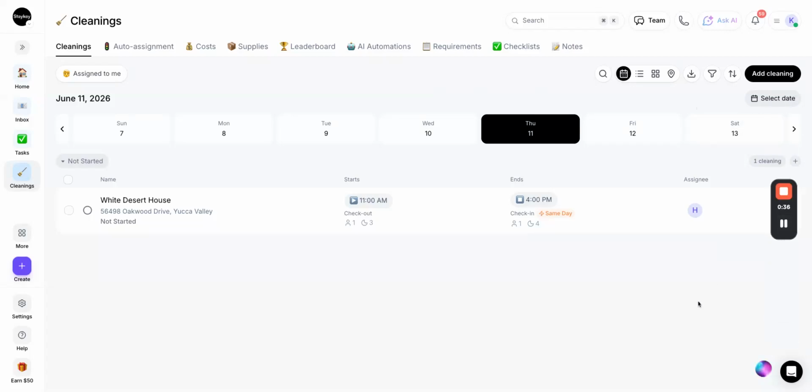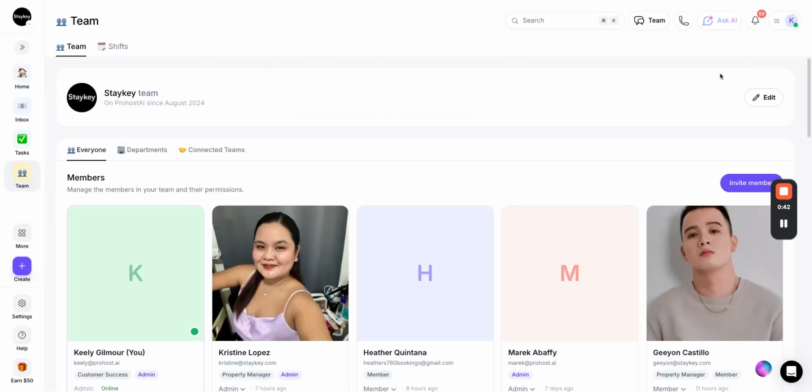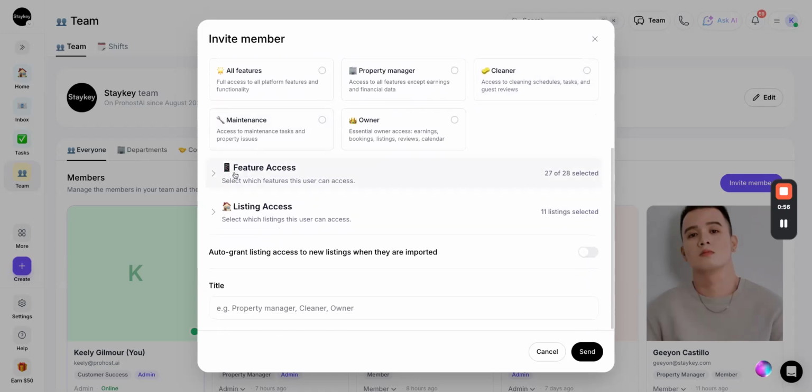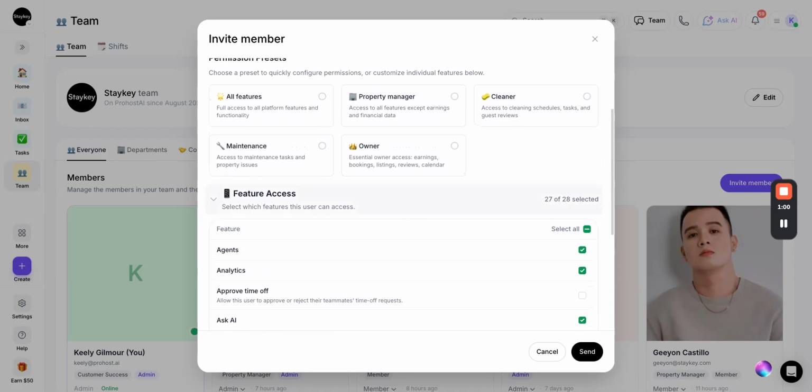So before anything else, you'll need to invite your cleaners. So if we just go into the Team section here, you can click Invite Member in the top right, enter their email, set their role to Member, and give them the permission preset Cleaner. You can also customize which features they do and do not have access to if you're not happy with the